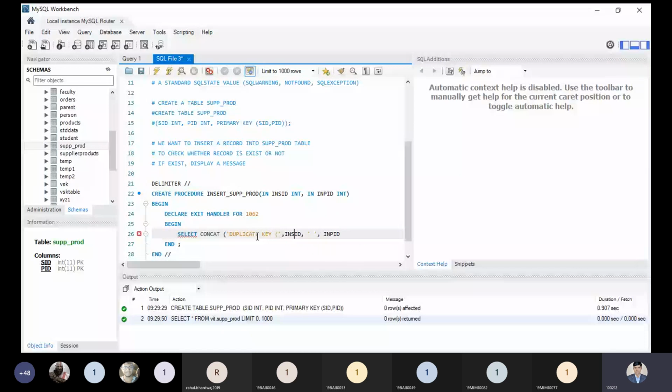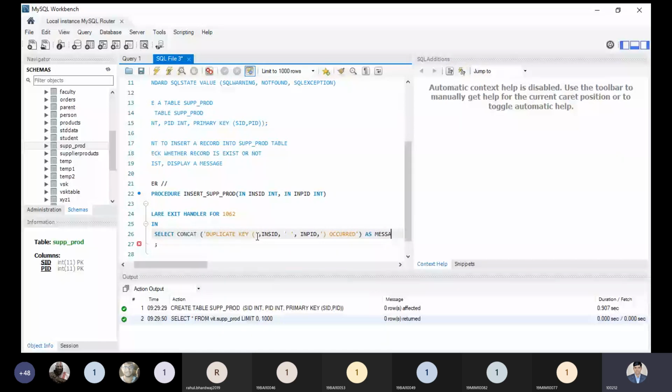In ID occurred, as message. So that should display some message over here if we find any duplicacy.